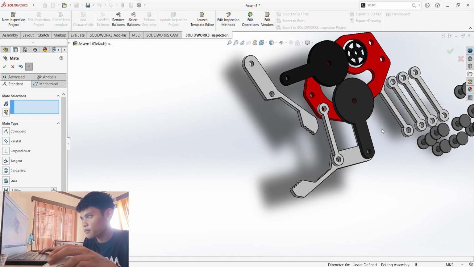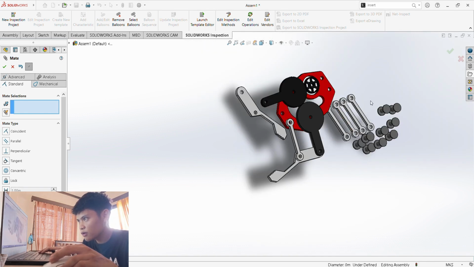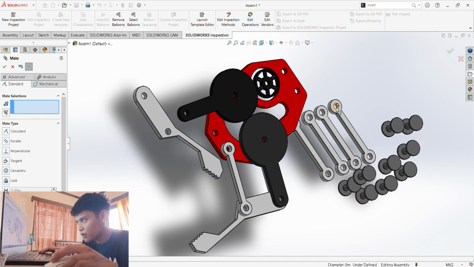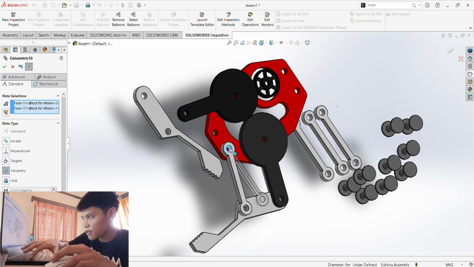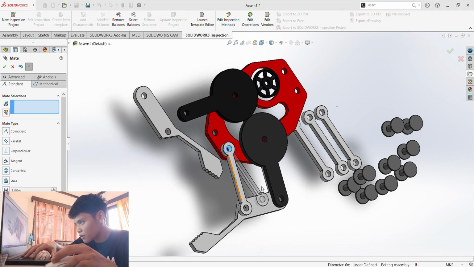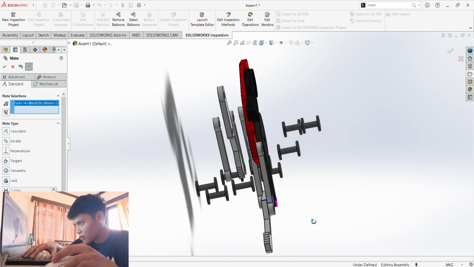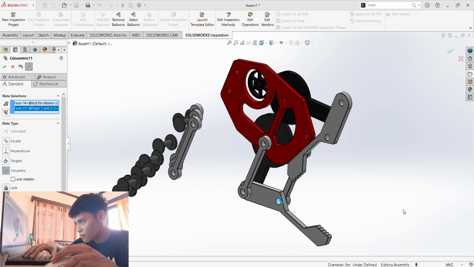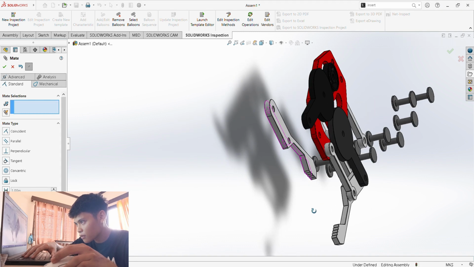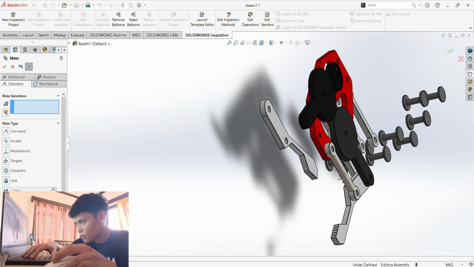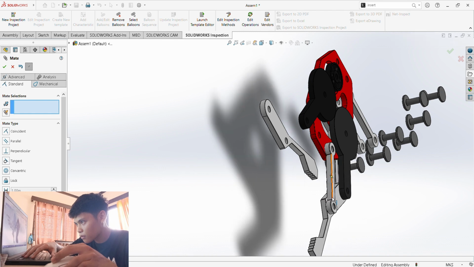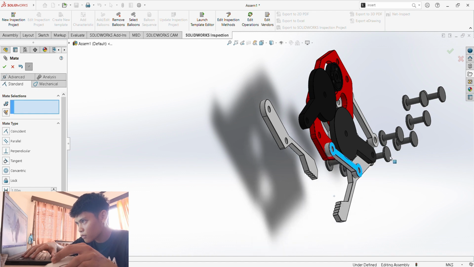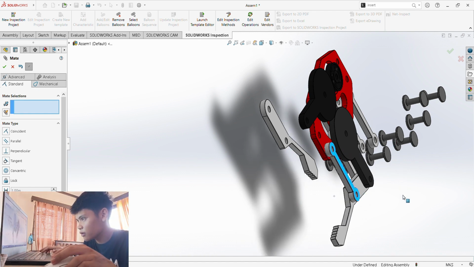Then next we would have to use another one of these and make it concentric with this one right here. Let's just press enter, and this right here should be concentric with this one right here, check. They overlapped with one another.